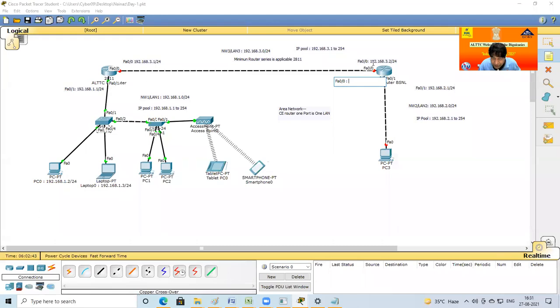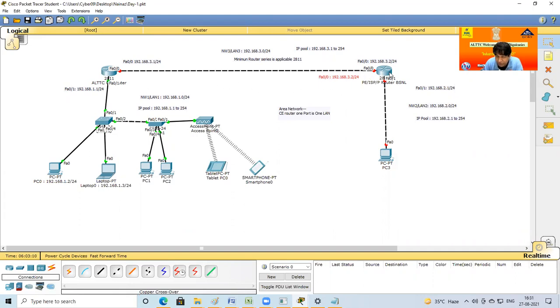So definitely IP is available from 3.1 to 254. One is already allotted to this port, so for this port the allotment of IP is 192.168.3.2, /24. So this is the planning.